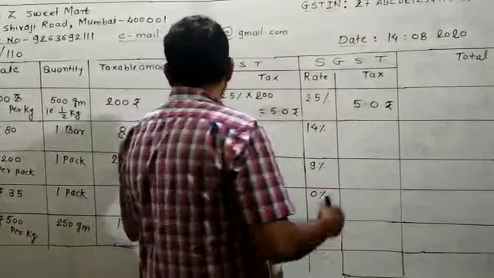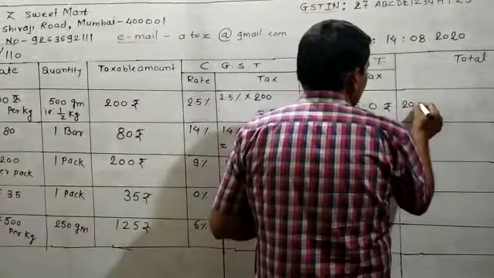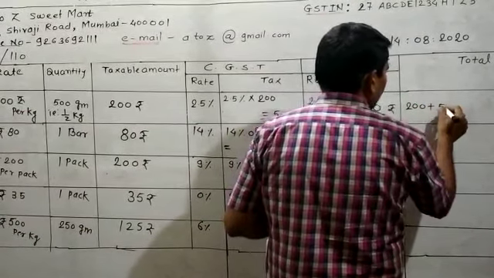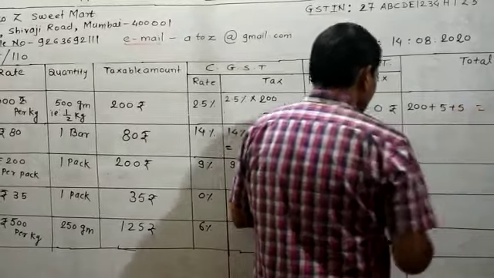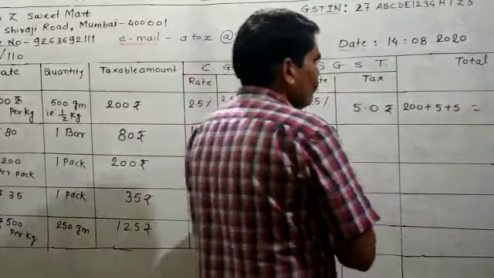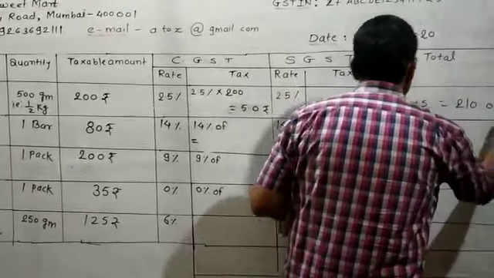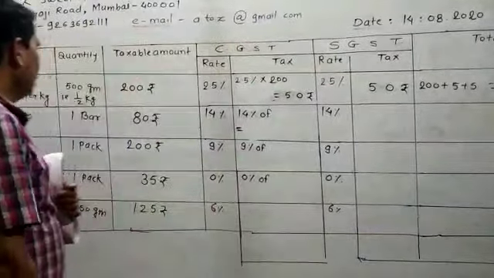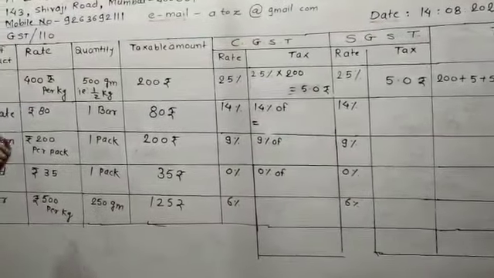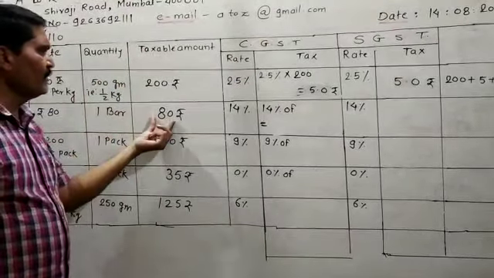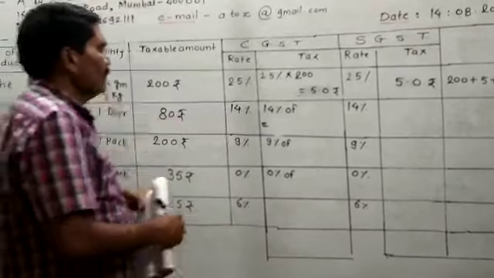Then I will add these things: 200 plus 5 plus 5. The total will come 210 rupees, 210.00 rupees. In the same manner, if he purchases the chocolate, the taxable amount is 80 rupees, and the